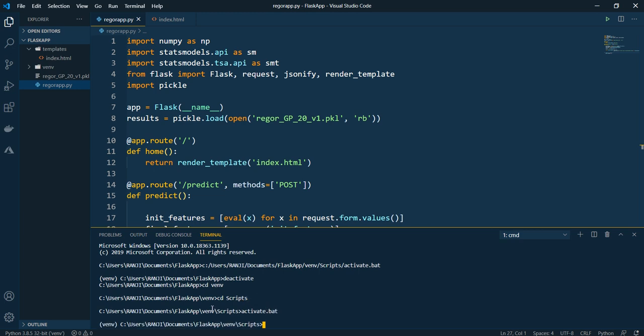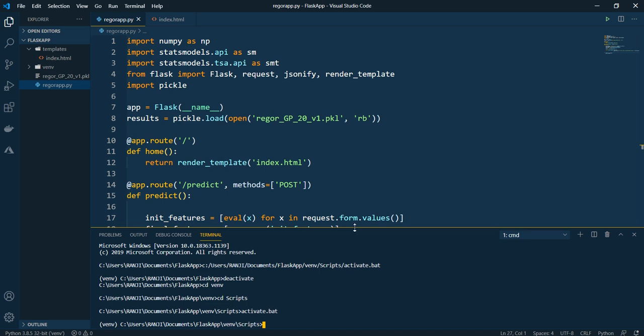So what you can observe here, before the path where the window is, or your directory, is a venv. This means your virtual environment is active, or you are in the virtual environment. So the common difference is that you were not in the virtual environment, and now you are, provided you are executing all the commands in the virtual environment. So that is the common difference.